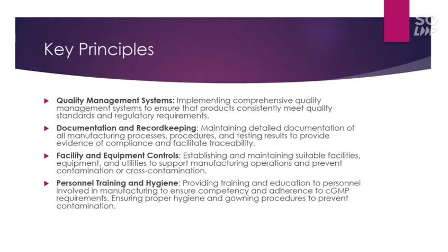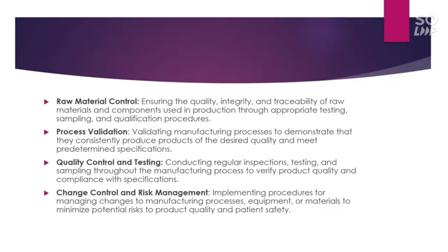Ensuring proper hygiene and gowning procedures to prevent contamination. Raw material control, ensuring the quality, integrity, and traceability of raw materials and components used in production through appropriate testing, sampling, and qualification procedures. Process validation, validating manufacturing processes to demonstrate that they consistently produce products of the desired quality